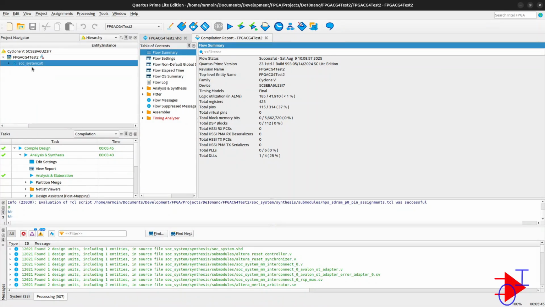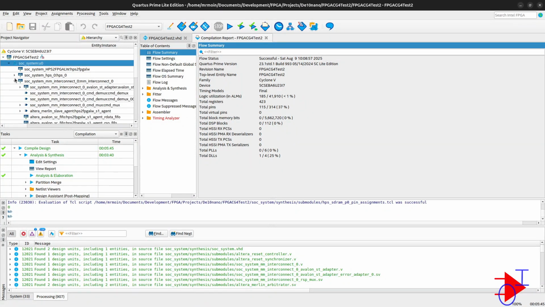Now you do see SOC system because I've successfully run the compilation twice. TCL scripts are executed as well, and only the submodules ones are executed, and that successfully created this hierarchy, and everything else is connected and shows up just as